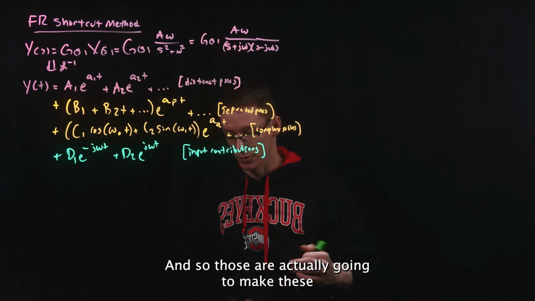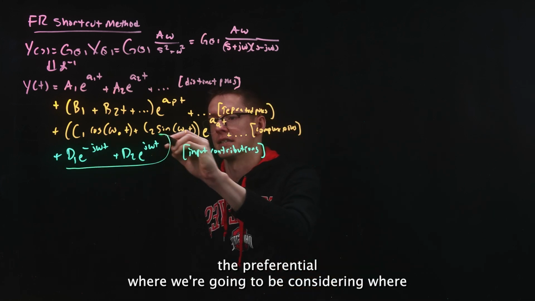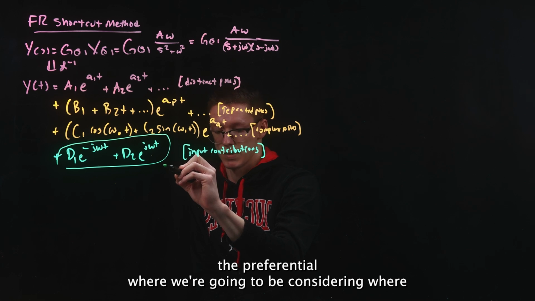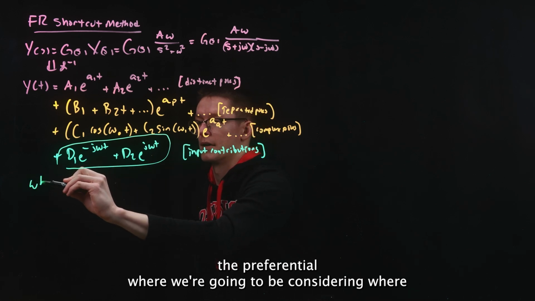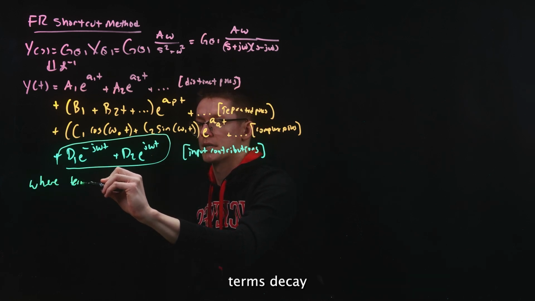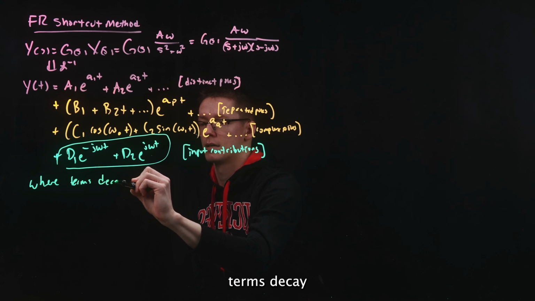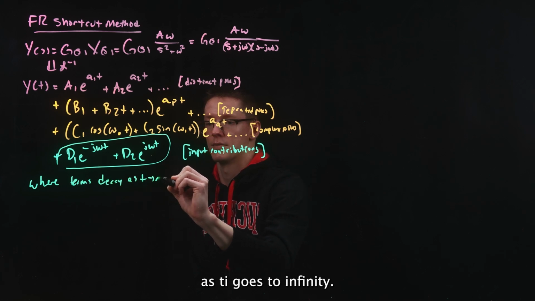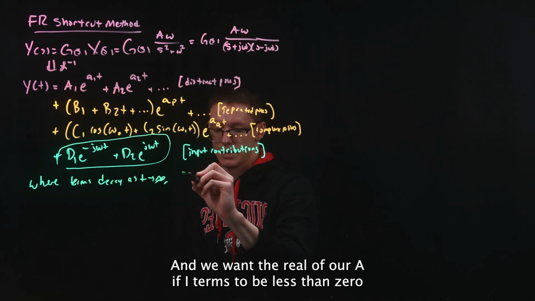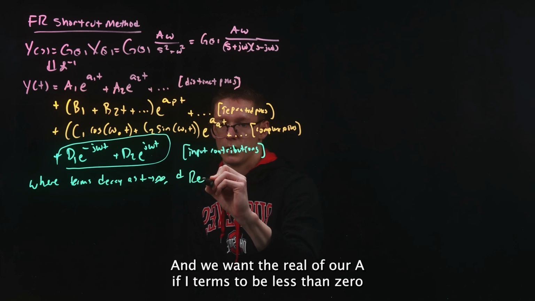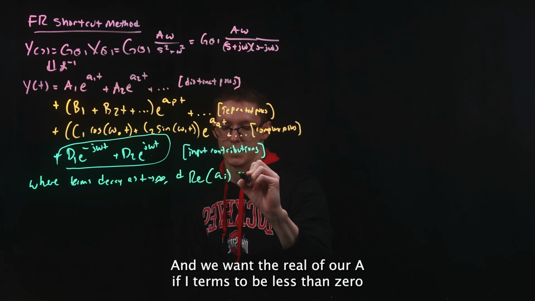And so those are actually going to make these the preferential, where we're going to be considering where terms decay as t goes to infinity, and we want the real part of our a_i terms to be less than